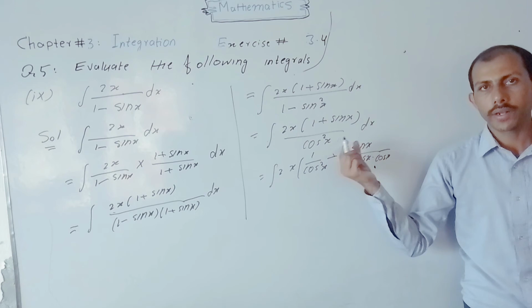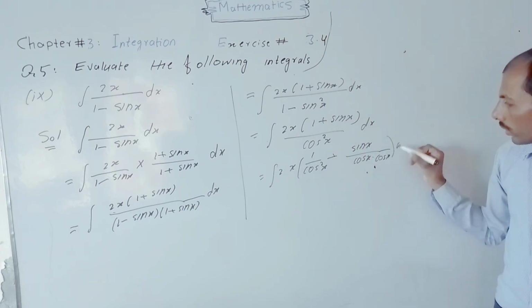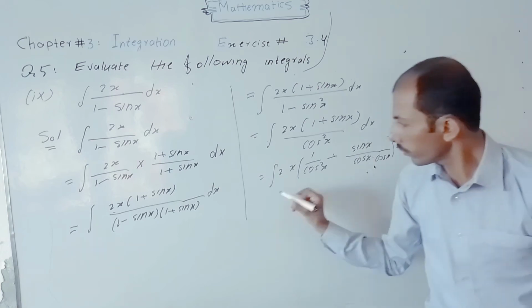Cos square x can also be written in this form, cos x dot cos x, into dx, which is equal to